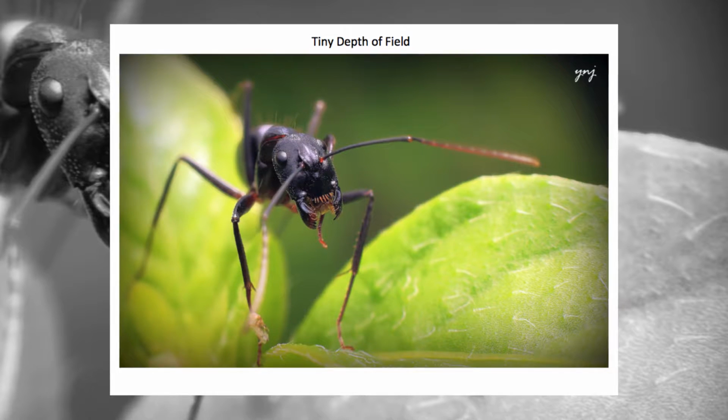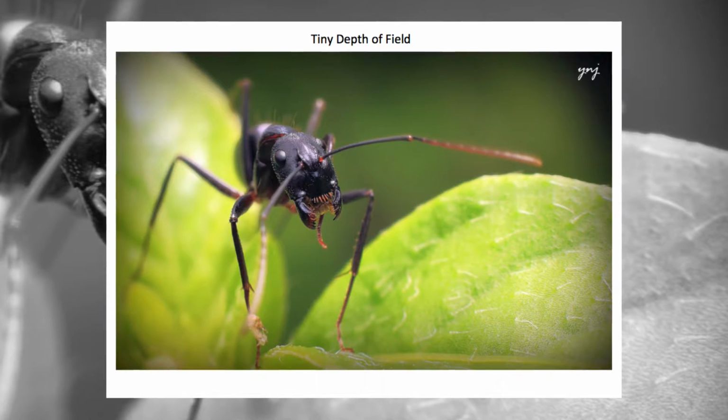Now with such a small depth of field, which could be just a millimeter or even part of a millimeter, it's possible that only a very small portion of your photograph is in focus and the rest of it is blur. Obviously the blur is in gradient form, starting from the crisp depth of field, going both front as well as back. While small depth of field can give some stunning results, it's generally a major challenge for a macro photographer as to how to manage that depth of field correctly. While you may get some parts in perfect focus, if the rest of it is a blurry mess, then it practically kills the image and we need to solve that problem.